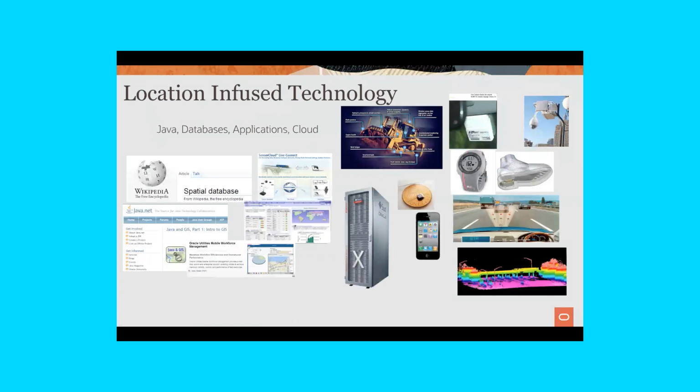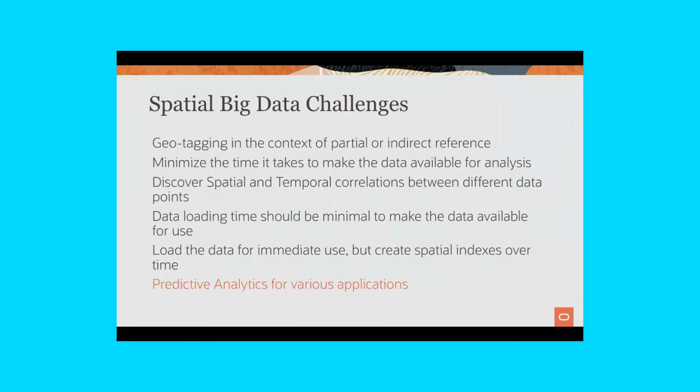So now that location is used in a lot of these devices, large amounts of data are now being generated through them. GPS and cell phone data is one basic example, but if you use any of these fitness devices, for example, when you go for a run, it generates a bunch of data. So all of these devices are generating data, and if you want to analyze it, typically the data is too large to directly push into the database. So in those cases, a lot of the data is processed on the big data platforms.